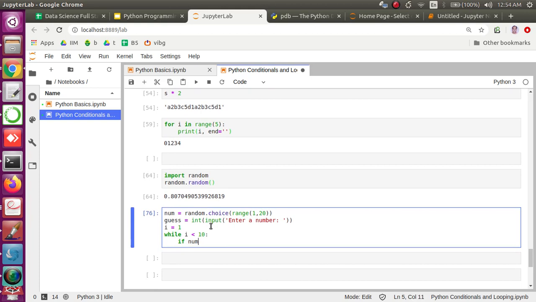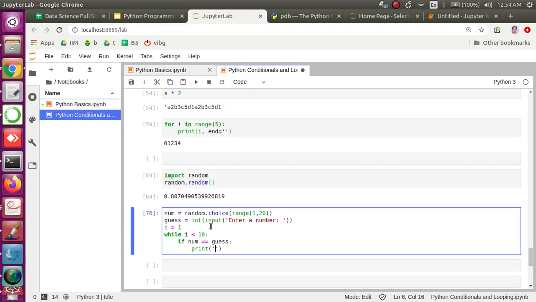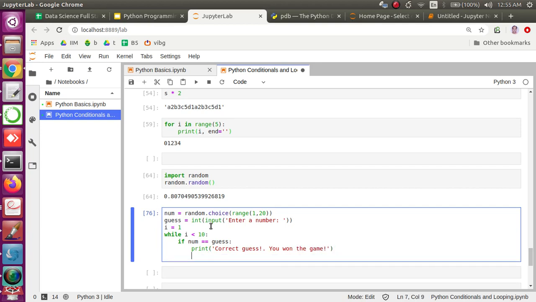If number is equal to guess, I will say that the user has won the game. Correct guess. You won the game. Something like this.